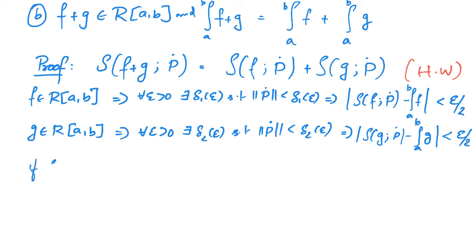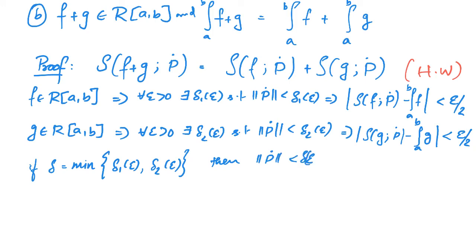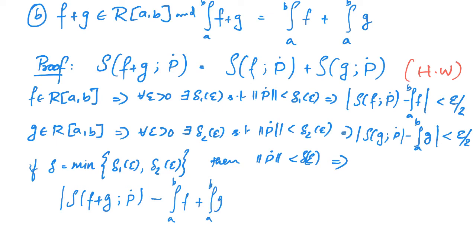So if delta is equal to minimum of delta 1 of epsilon and delta 2 of epsilon, then norm of P dot is less than delta of epsilon implies that modulus of S of f plus g P dot minus integral a to b of f plus integral a to b of g is equal to modulus of S of f P dot plus S of g P dot